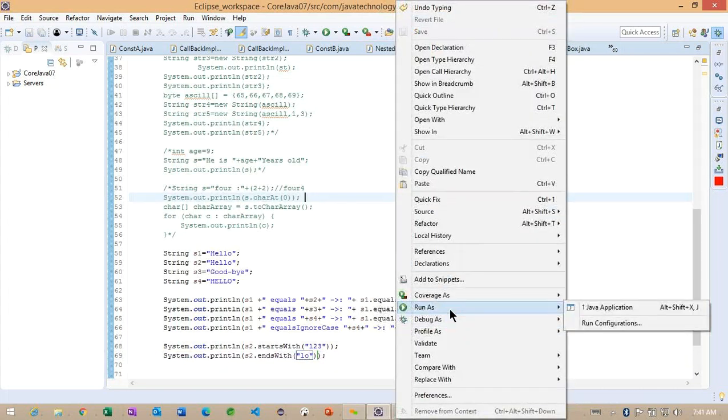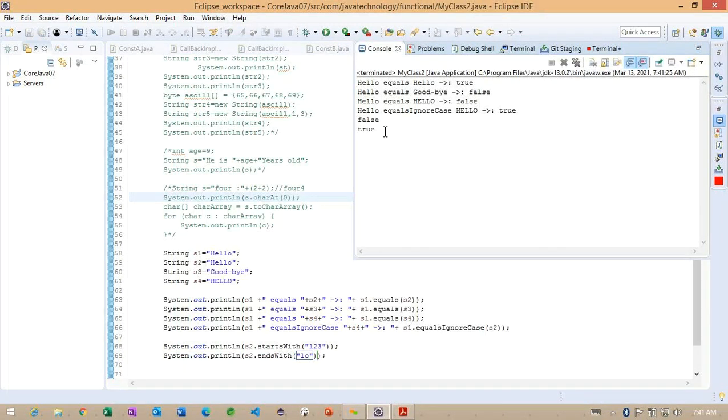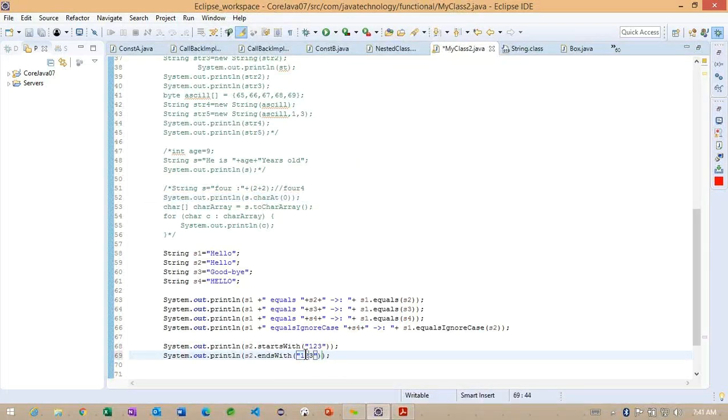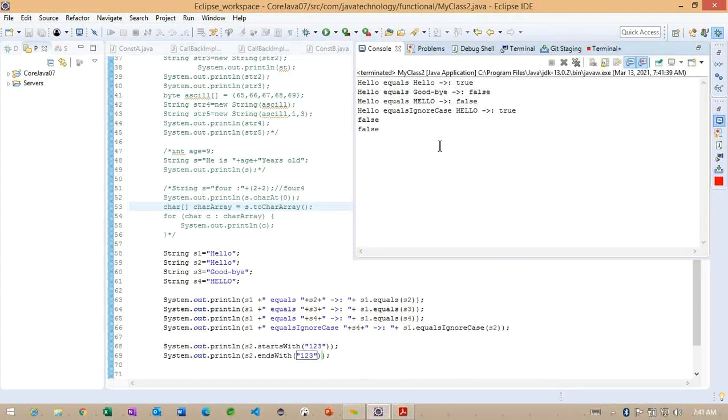First, we'll check whether this endsWith method returns true or false. It's returning true. Getting the point? Now, if I pass 1, 2, 3 and observe the same object, it's returning false. This is how startsWith and endsWith work internally.